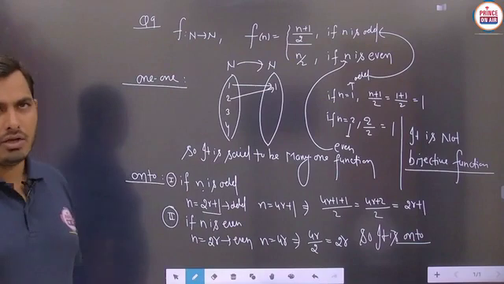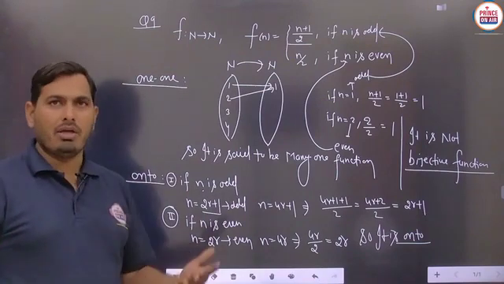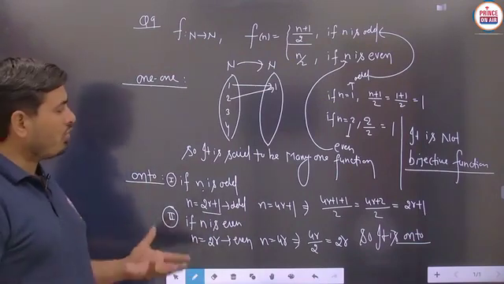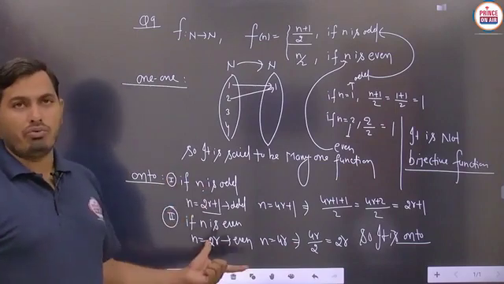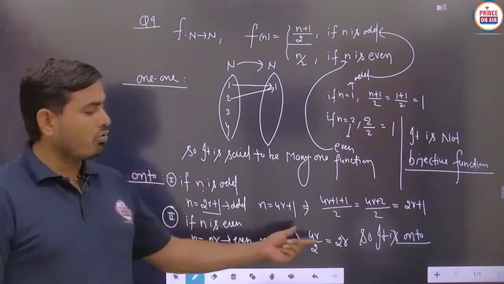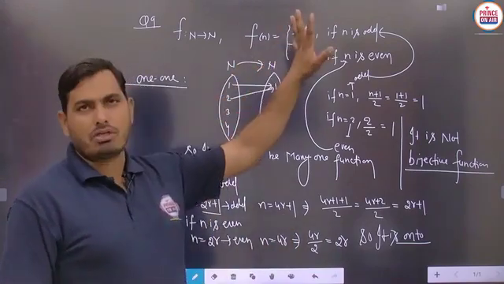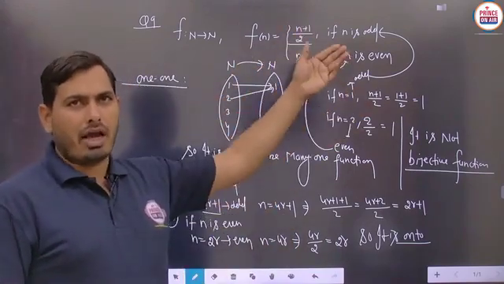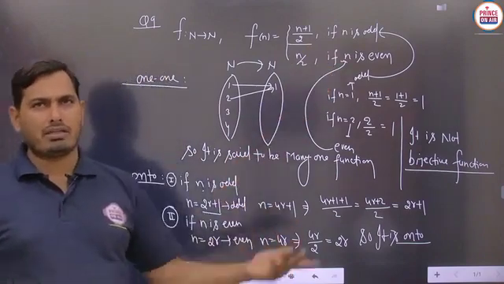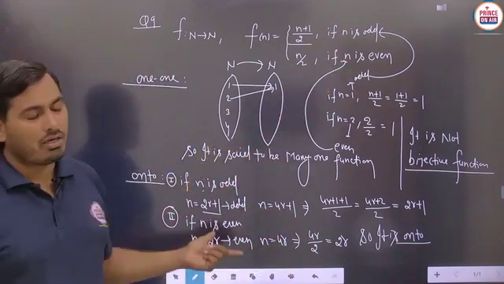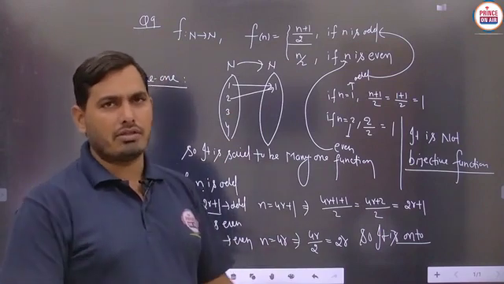Is it to be clear? So you have to just keep in mind, sometimes the question will be changed, and you can say that it is always said to be onto. We will check according to the codomain, we have to check the value. Means there are two cases, either we are taking n as odd or n as even, as per the given information we have to check the answer. Is it to be clear?